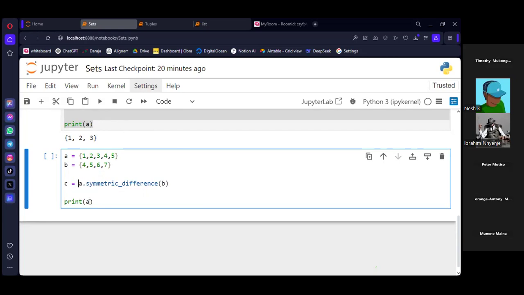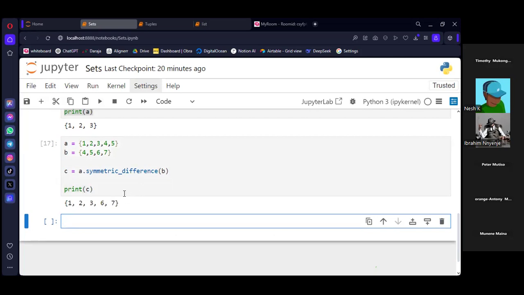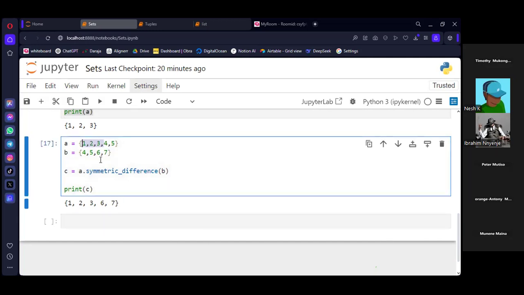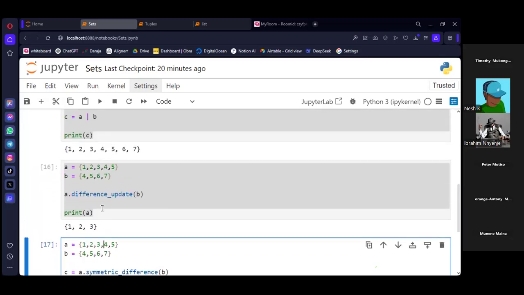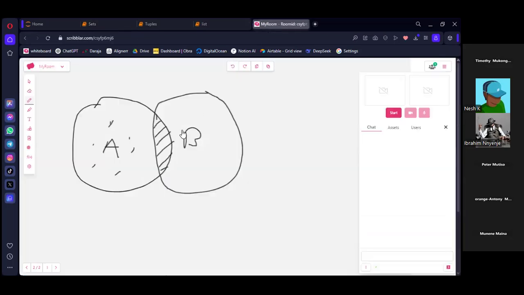So when you say here C, and then what I should have asked you first. Basically for symmetric difference, this one is trying to return unique items in set A and unique items in set B. So it's going to remove the duplicate. So this for the symmetric difference differs from the normal difference. Remember for difference, when you use the difference method, this one is only focusing on one set.